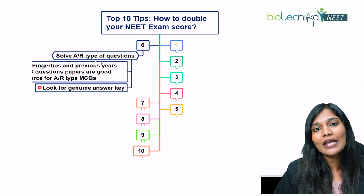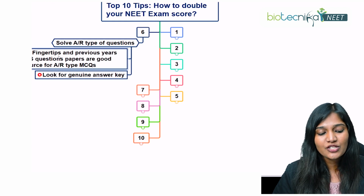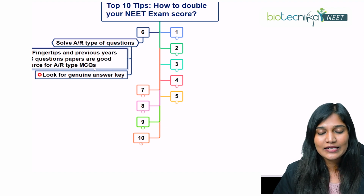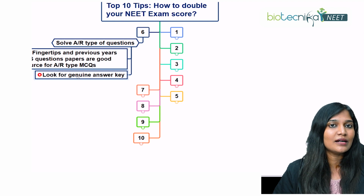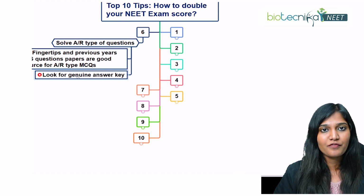So solve AR type of questions, very important. For that you have to follow MTG Fingertips, and previous year AIIMS question papers are very, very good for your assertion and reason type of MCQs for all the subjects. But you have to look for genuine answer keys. You don't have to randomly look, this is the answer key. Just 2 or 3 times check whether this is the perfect answer key or not,